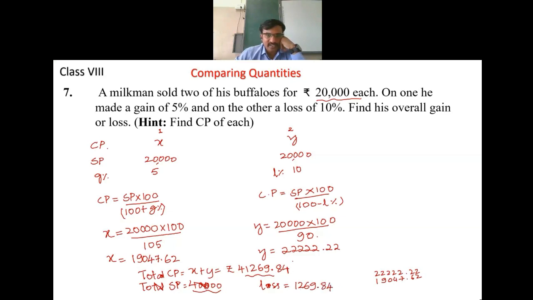They have not asked the loss percentage. They have just asked overall gain or loss. So the overall loss is 1269.84. If they ask loss percent, then this should be divided by